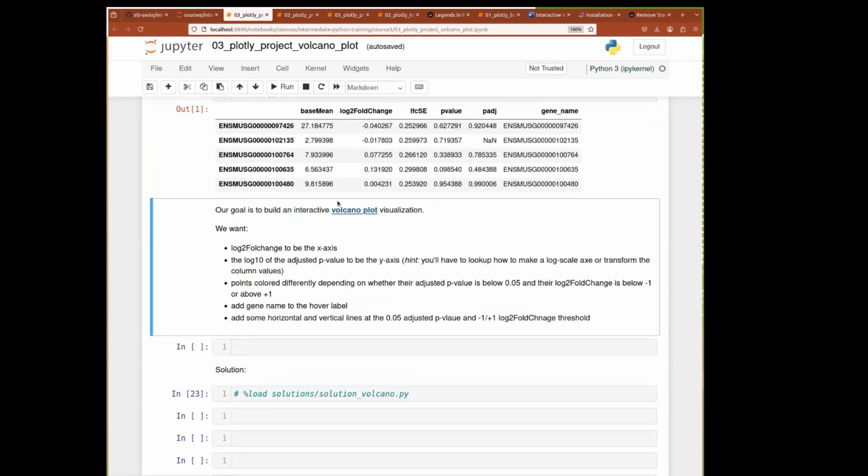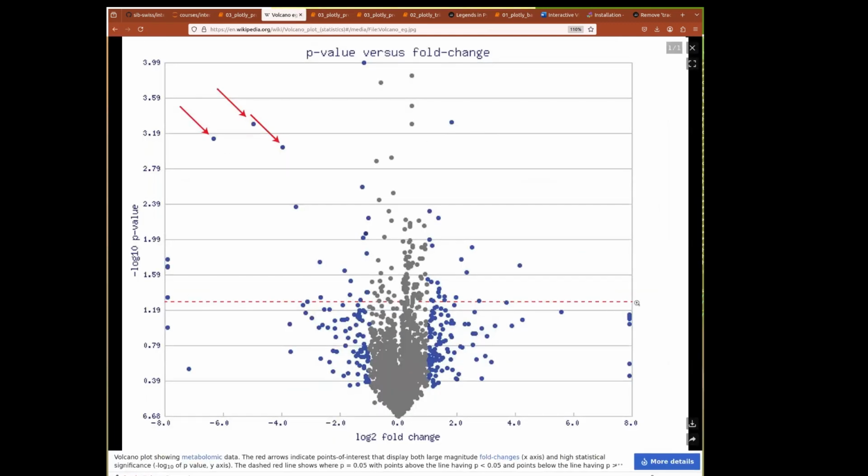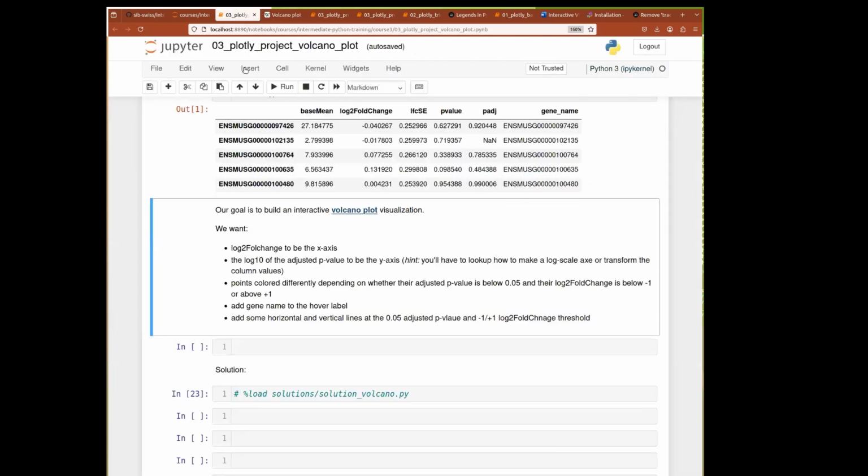And so your goal is to make a volcano plot visualization. So a volcano plot has log fold change as the x-axis and the p-value or adjusted p-value as the y-axis, but not just the p-value, but the log of the p-value. And we often show, as is done here, for example, a little line corresponding to some sort of threshold on the p-value, and also we can color differently the genes that are significantly different and not, and so on. So that's kind of what is asked there. Kind of give you a little idea about what you can do, what you can change there. And of course, again, that's just to give you ideas, but you